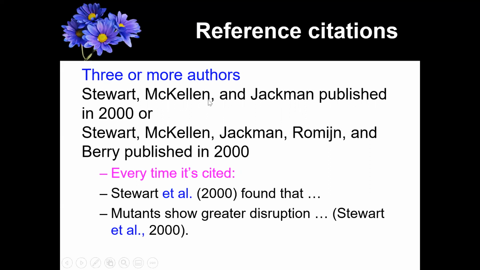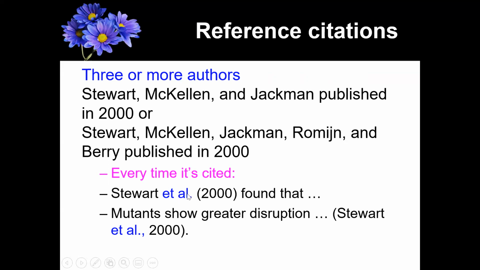Lastly, if you have three or more authors, then it's pretty close to the two authors, except for one thing. Actually, I forgot they changed this fairly recently, but rather than saying all the names, you're going to say et al. Just the first author's last name, and then you say et al. So anytime you have three or more authors, it's just the first author's last name, not first name. If it was Patrick Stewart, it would just be Stewart. Or if it was Patrick Stewart, Ian McKellen, and Hugh Jackman, it would just say Stewart,